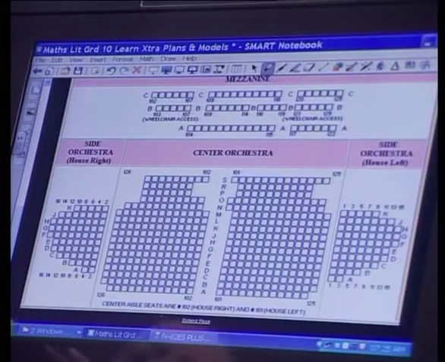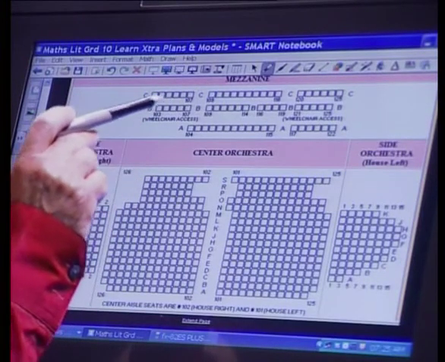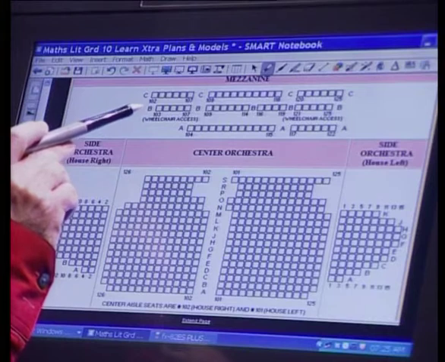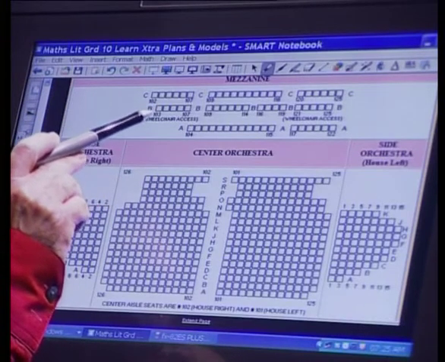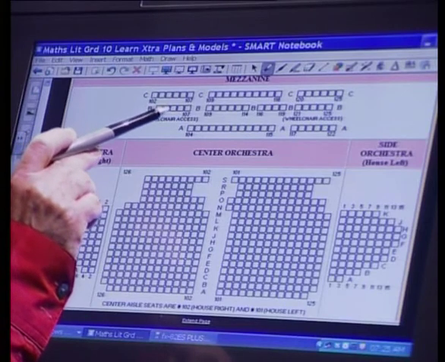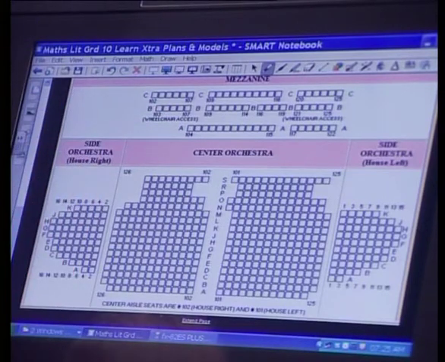And so the first place they'll go and have a look at is one of these plans to see, where am I actually sitting? Well, let's use that example just quickly to say, where is mezzanine level, row B, and seat 105? Well, mezzanine level is over here. This is row B, and this is seat 103 to 107. So if I count across 103, 104, 105, our imaginary patron would be sitting over there in this